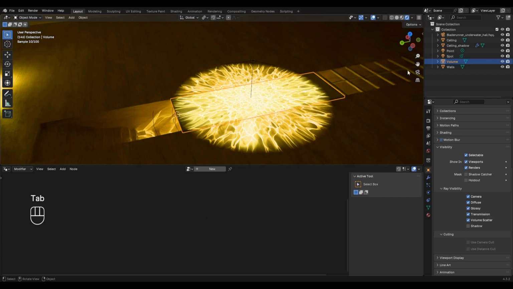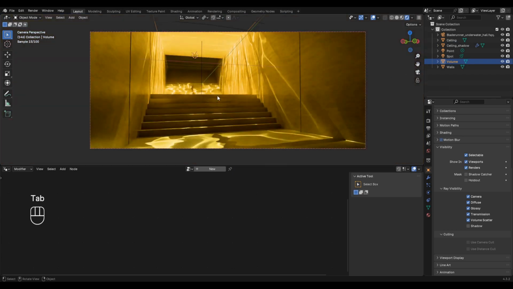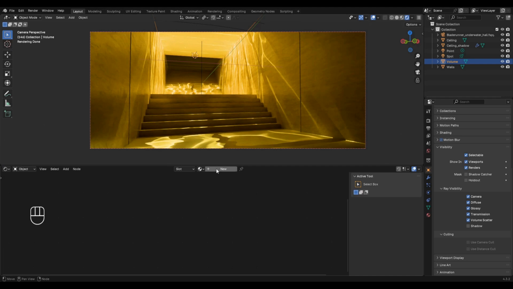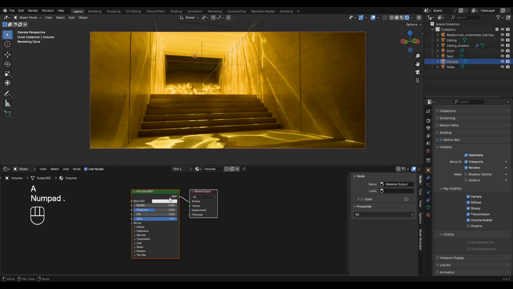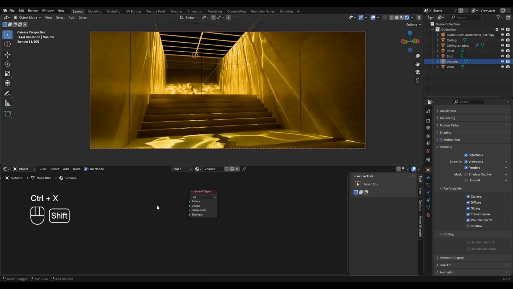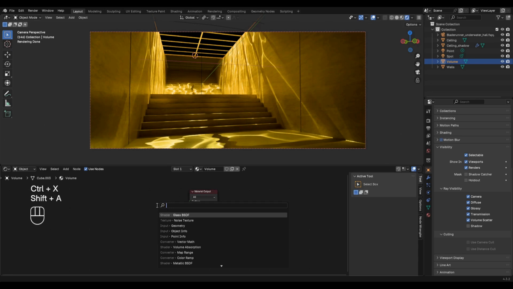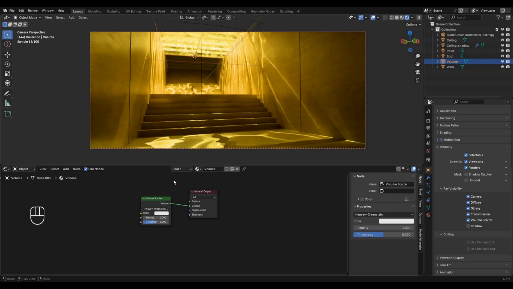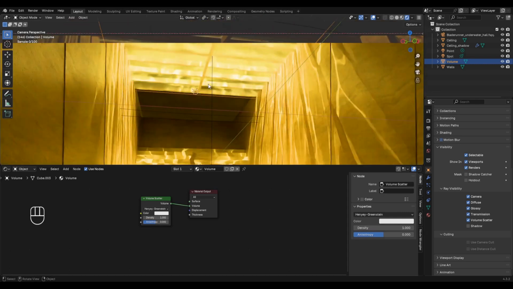Rename the object to Volume. Go to Shader Editor and click New to create a new material. Delete Principled BSDF node. Add Volume Scatter node and connect it to Volume socket. Set Density to .5.